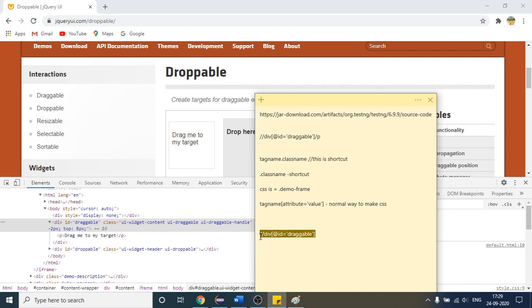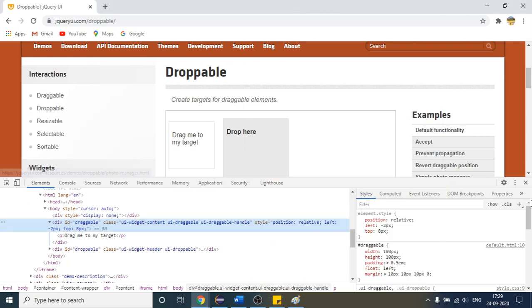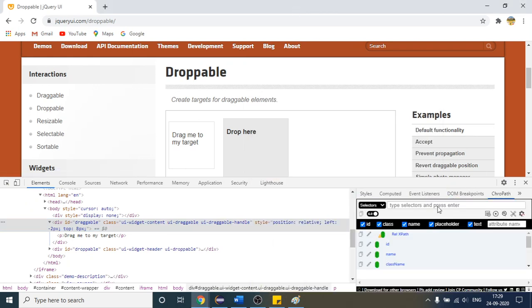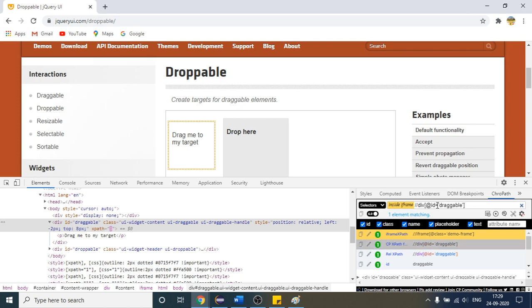Let us also check whether we have the correct XPath or not. I will open ChroPath again and hit enter. It is saying one element matching, and it is also highlighting this entire box, which is correct. So I will copy my XPath, and then,